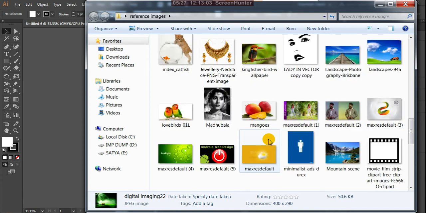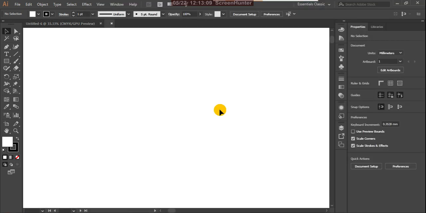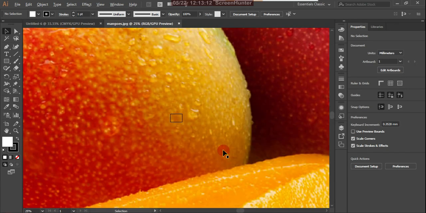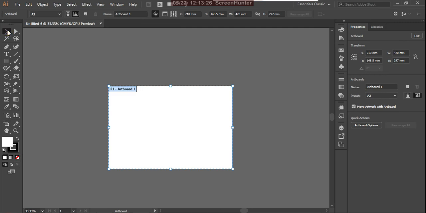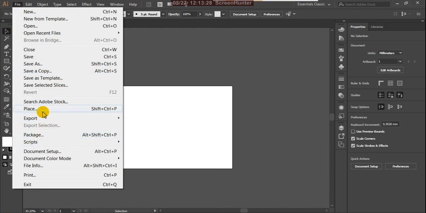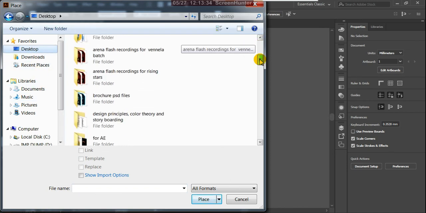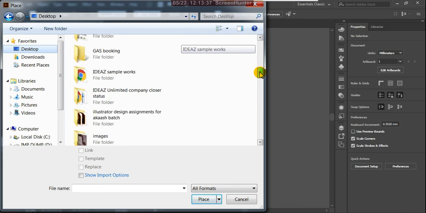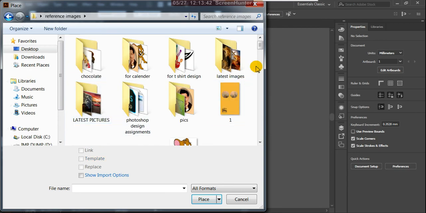Yeah, any interesting picture you can take. I think this is very big. Yeah, on A3 I can place from desktop and from my reference images, from the reference images.